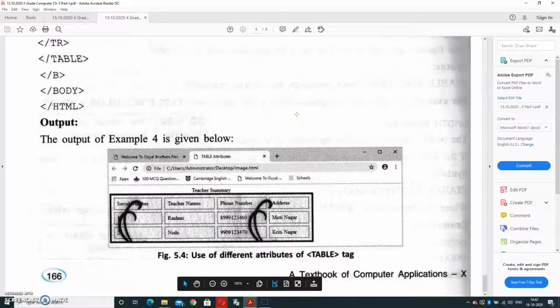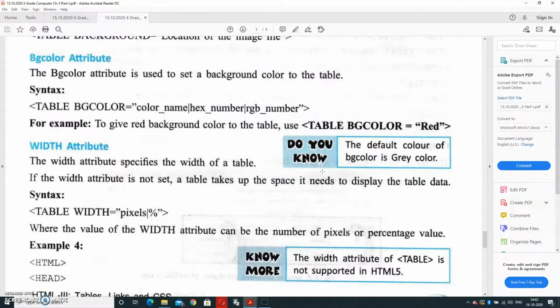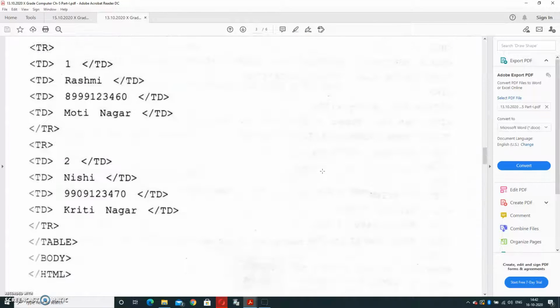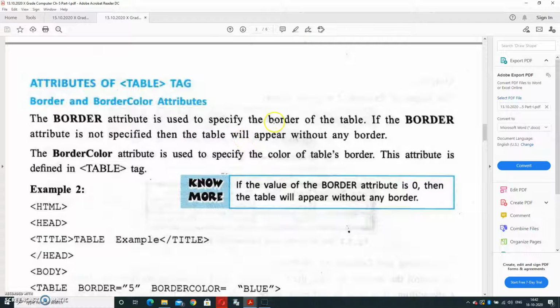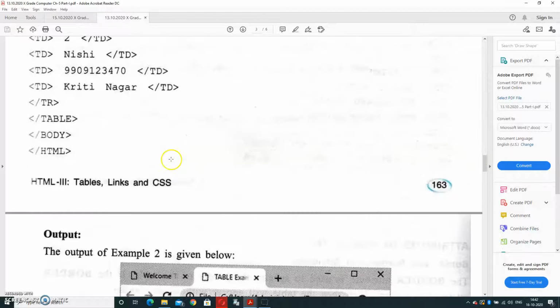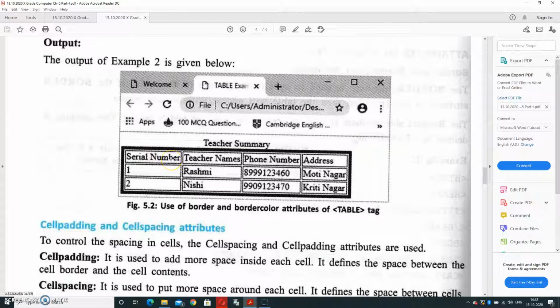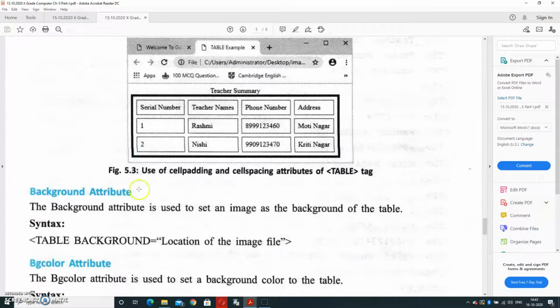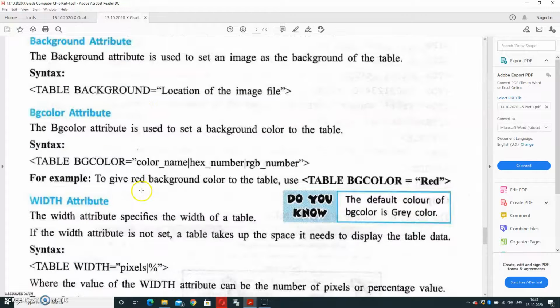So in this part we have covered what a table is, how to design a table, and what the attributes of a table are. I repeat, the attributes of table we have covered: first border, second border color, third cell spacing and cell padding, and then the background attribute, bg color, and width.